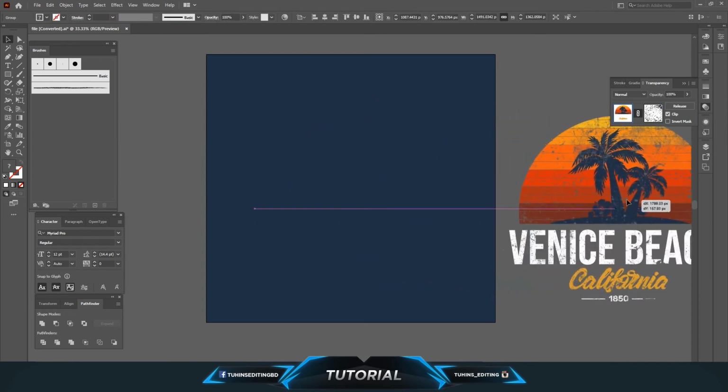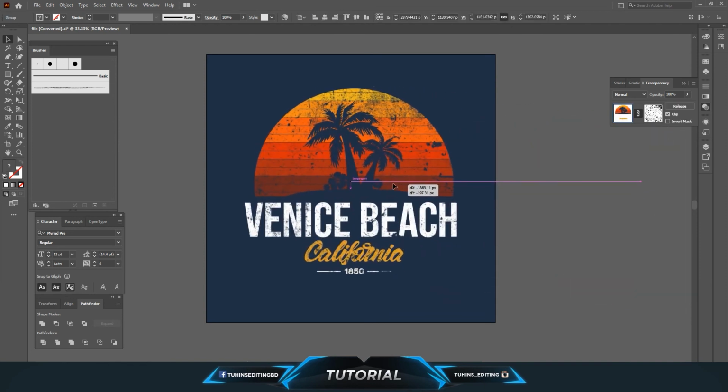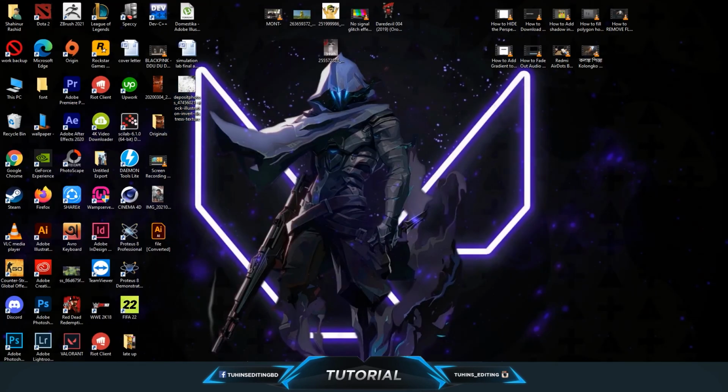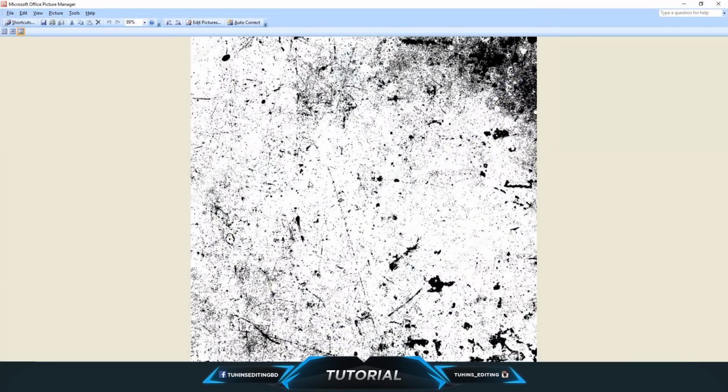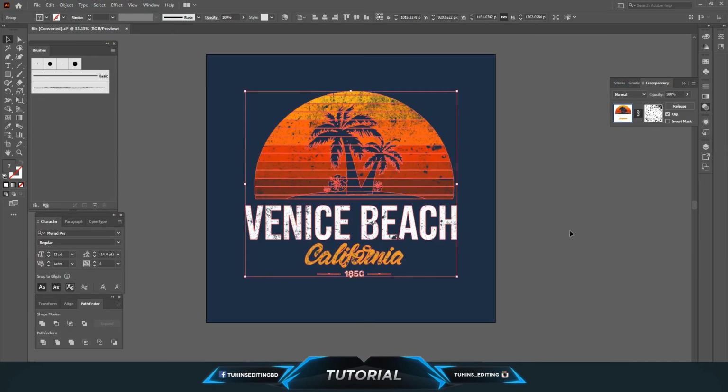So if you click on the design, you will see there are certain parts that are erased. So the texture works in a way that the white parts stay visible, and the black parts become the negative part of the design. So this is how you can apply